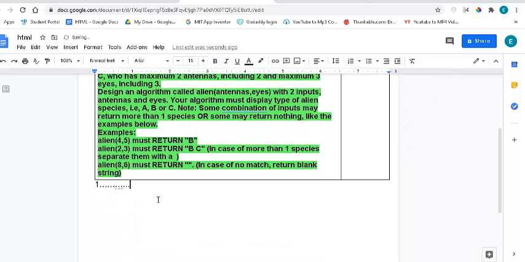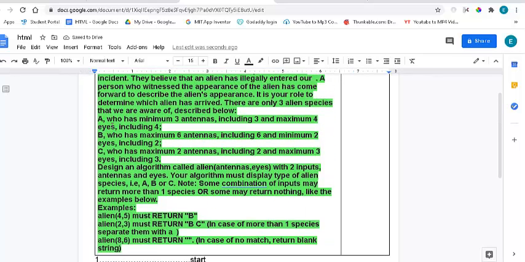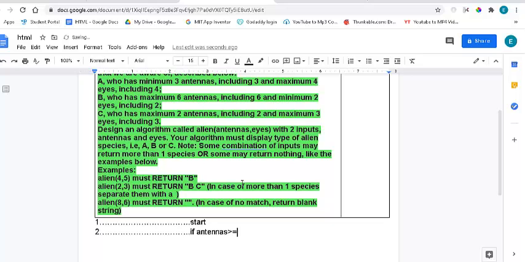As usual, the first line is going to be start. The second line, we are going to check the values of eyes and antennas. So we are going to say if antennas, if you look at A, the minimum is 3. So this means antennas has to be greater than or equal to 3, and eyes, if you look at A, it says maximum 4 eyes. So eyes has to be less than or equal to 4. Then,